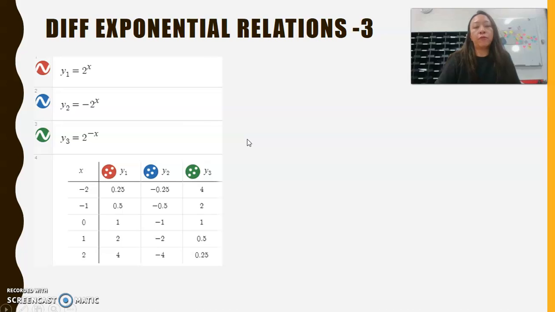So now we're focusing on a negative and how it affects the graph and the values. The first one is what we have done before. I'm always using the same one for easier comparison. If we put a negative in front of the 2 power x, how does it change the corresponding y value? We can see that this is still 2 power x, so the values are the same, but because we add an additional negative sign, can you see that now all the values have a negative sign